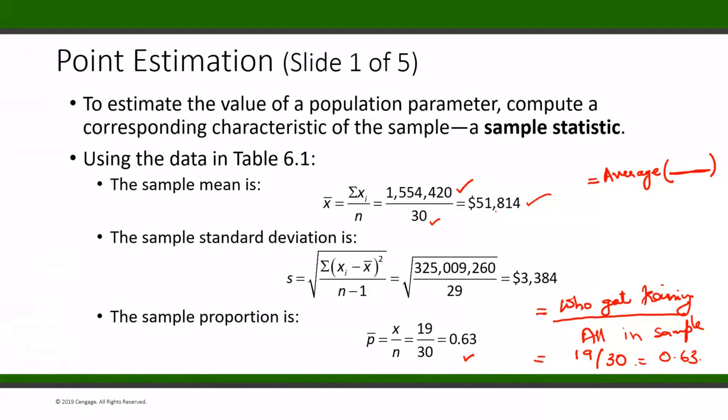So the average salary comes out to $51,815 on average in the sample. The dispersion, the spread of the data, is $3,384. All these things are called point estimates,